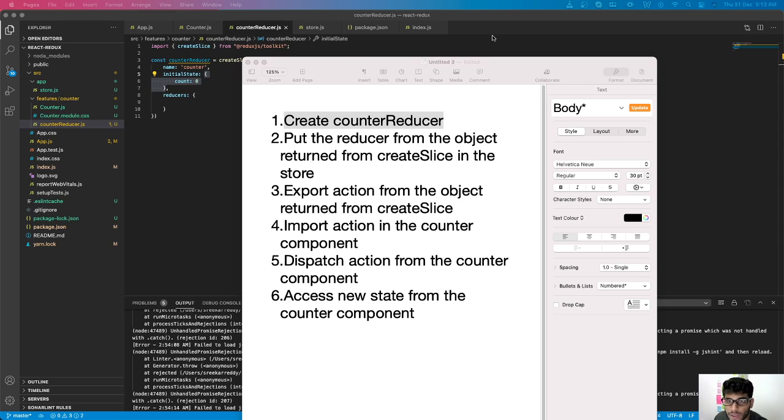Come on, why isn't my mouse working? Come on, move, please move. Okay,